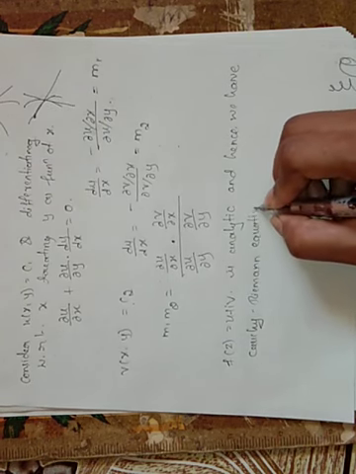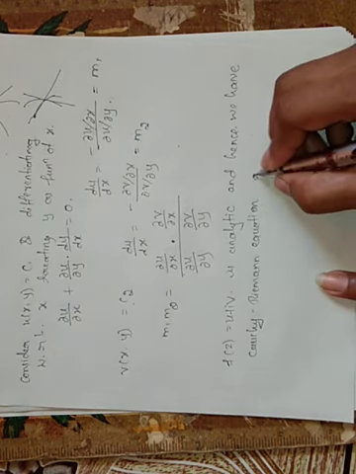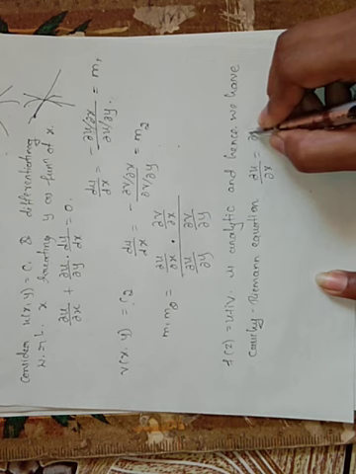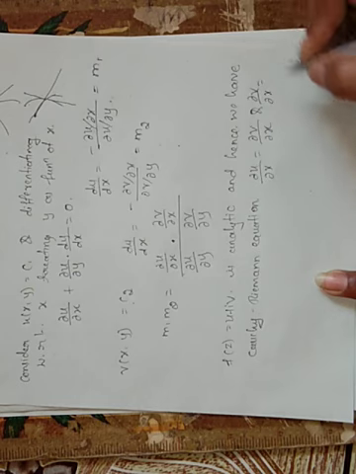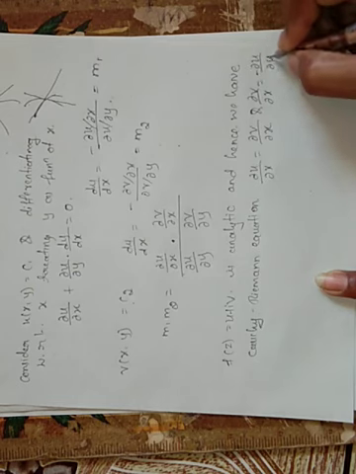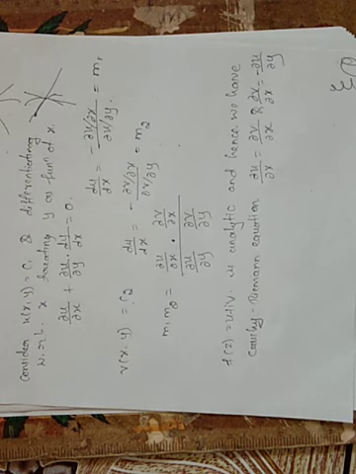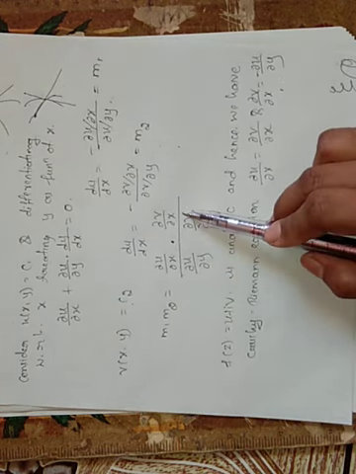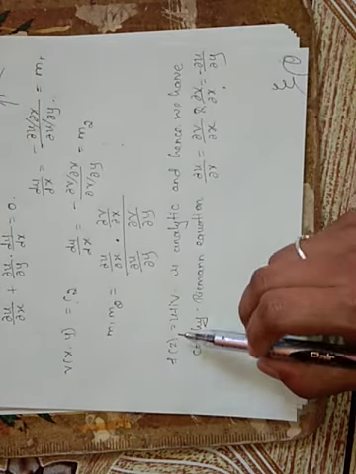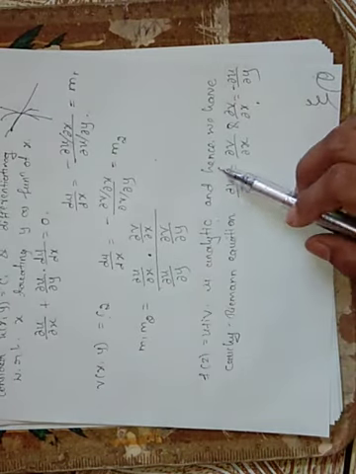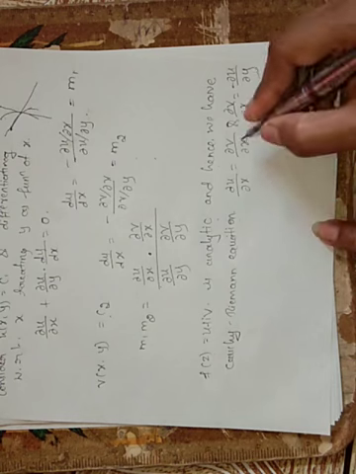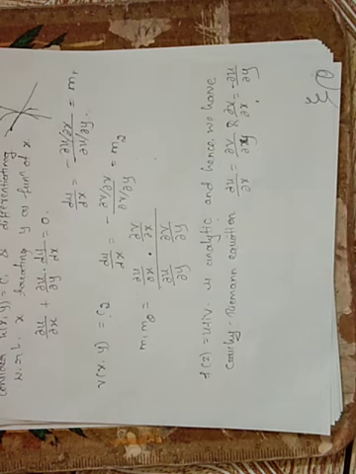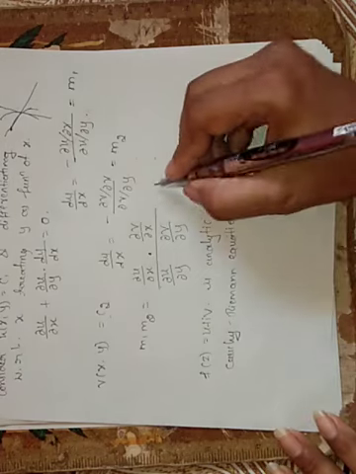So what do the Cauchy-Riemann equations state? They state that dou u by dou x equal to dou v by dou y and dou v by dou x equal to minus dou u by dou y. Using these Cauchy's equations in m1 into m2, since we have considered f of z is analytic, we have dou u by dou x equal to dou v by dou y and dou v by dou x equal to minus dou u by dou y. Call this one as equation 1.